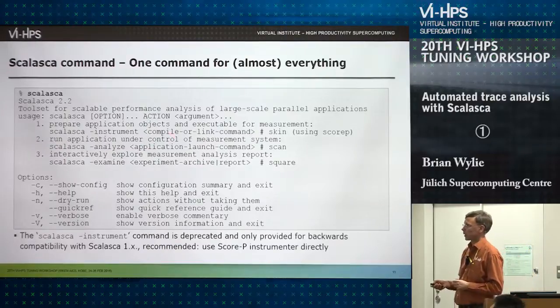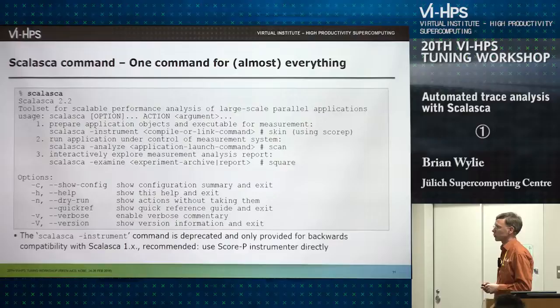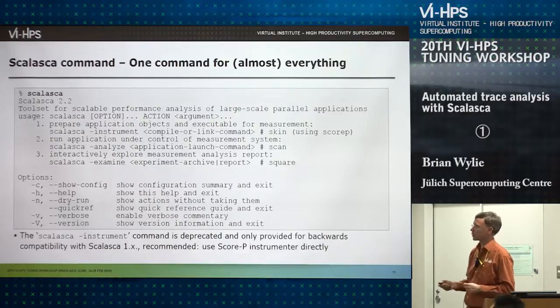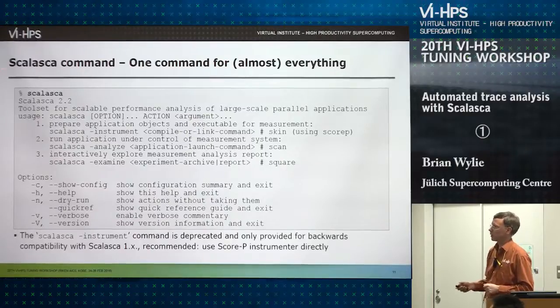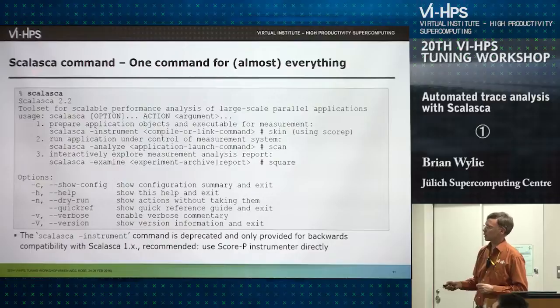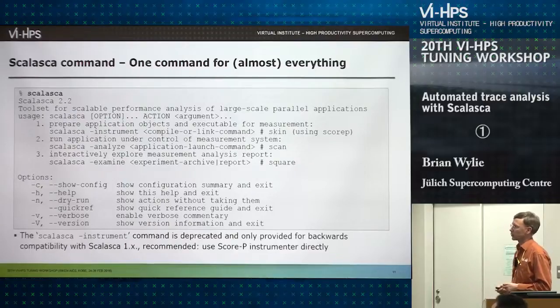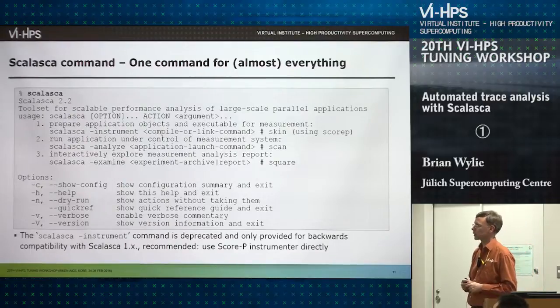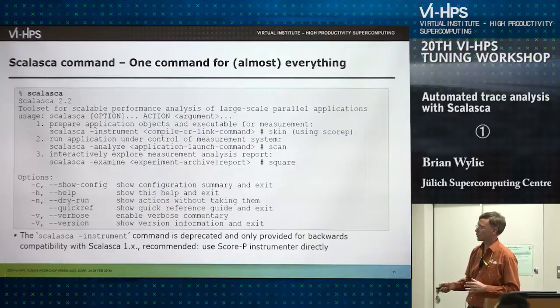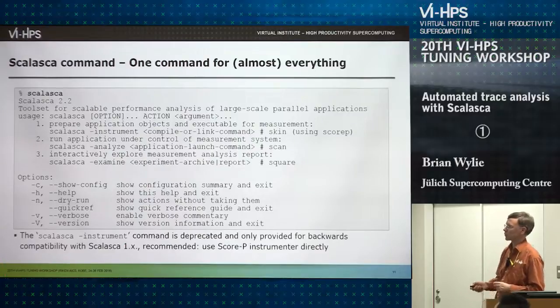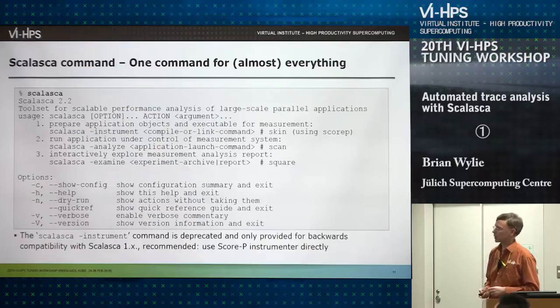In the past, we had an instrument option where we could use our own instrumentation and measurement. Nowadays, you'll be using Score-P, so this is only for backwards compatibility. What's a little bit more interesting are the analysis and examine options. The examine we already showed you did some additional post-processing of the analysis reports to derive additional metrics and provide some additional structure for them. There's a few other options here that are not so interesting, but basically this is just an entry point for